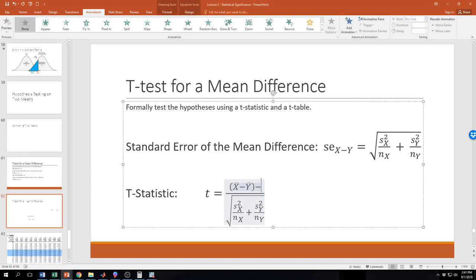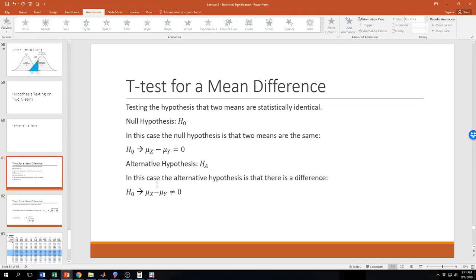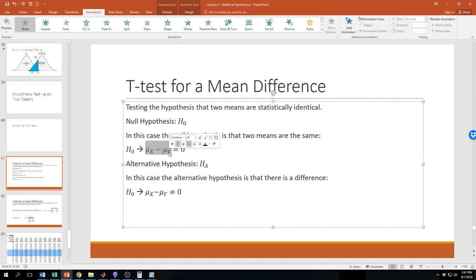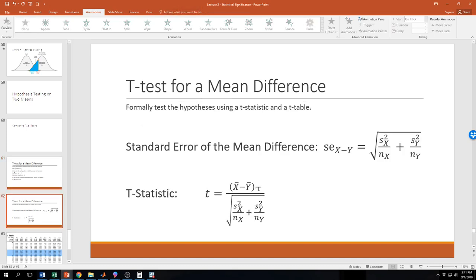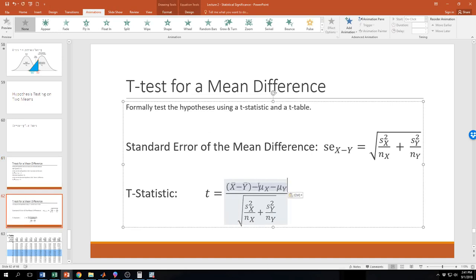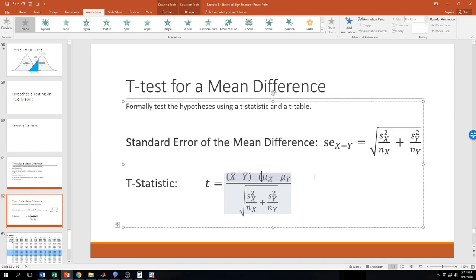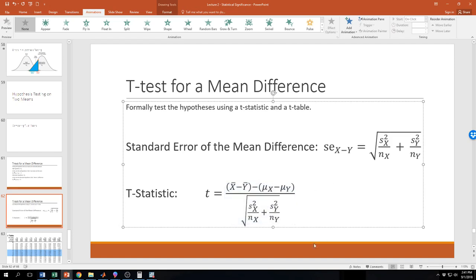Minus our null hypothesis. Minus our null hypothesis. Okay. Minus our null hypothesis. All right, so this is our t-statistic. I wasn't totally wrong, but I just want to illustrate this. But we know that our null hypothesis